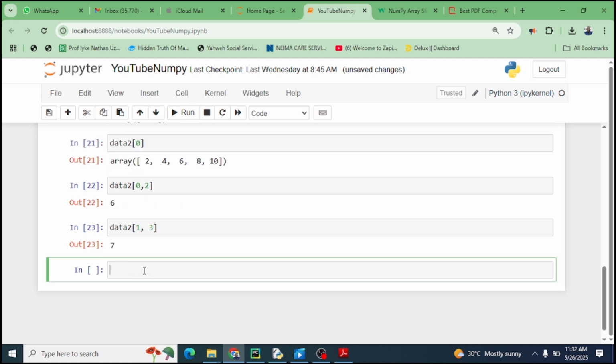Okay, so I'm going to stop here right now. Just get used to it, play with it. It's quite very interesting. I'm going to stop here right now, and then we'll move forward in the next